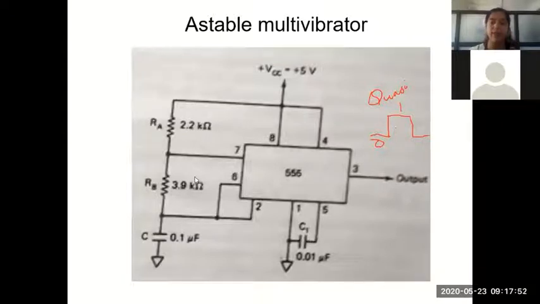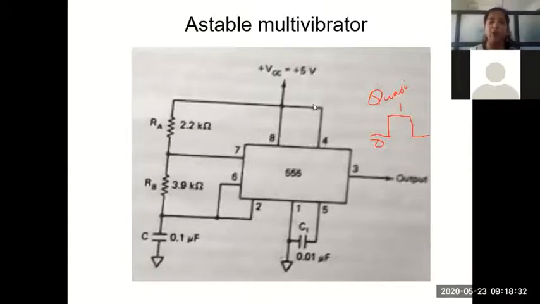as you can see the connections for astable multivibrator. See here, this is your timer 555. As we know, pin 8 should be connected to VCC. Pin 4, what is pin 4? Pin 4 is the reset input pin. Please remember, it is an asynchronous input which can bring the output from logic 1 to logic 0 in between its time duration. So you have designed it to remain in logic 1 for 5 milliseconds, but you want to bring it down in between after 2 milliseconds or so. Then you give a 0 to pin 4, it will come down automatically.